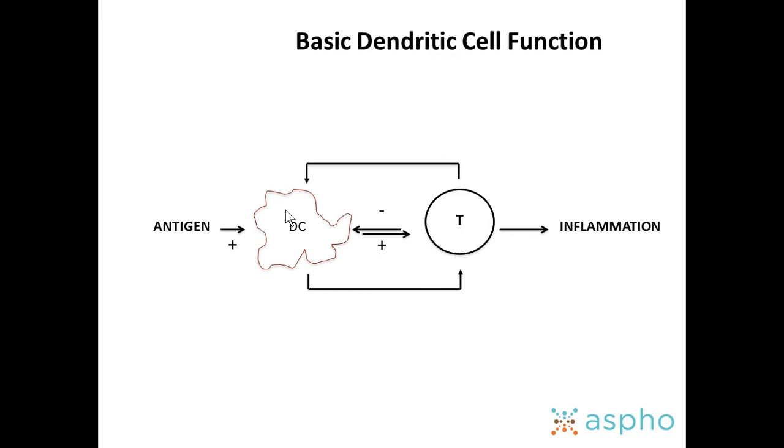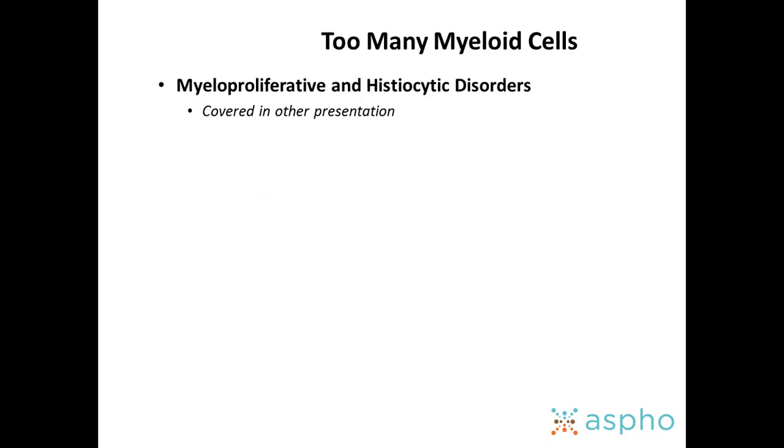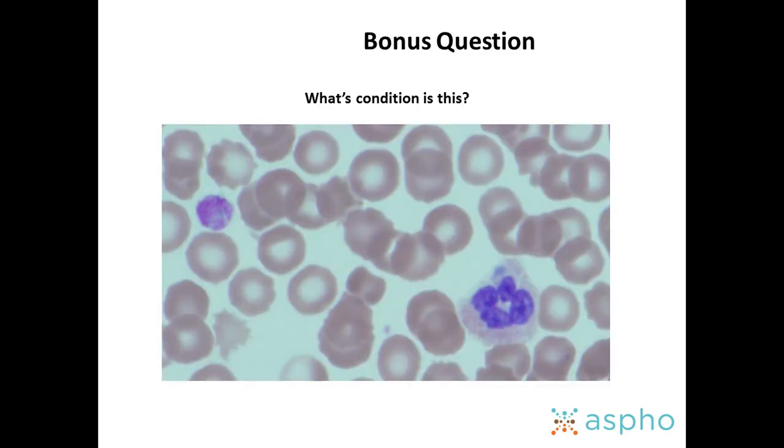And then once all these cells carrying that antigen are cleared, the dendritic cells and macrophages have gobbled up the antigen that the T cell is now recognizing, and it's saying anything that's marked with this antigen, kill it. And once the T cells have done their job, the whole thing dissipates and homeostasis is restored. Okay, and that's what goes wrong in all the stuff we talked about yesterday with myeloproliferative and histiocytic disorders. So we will not talk about that again today.